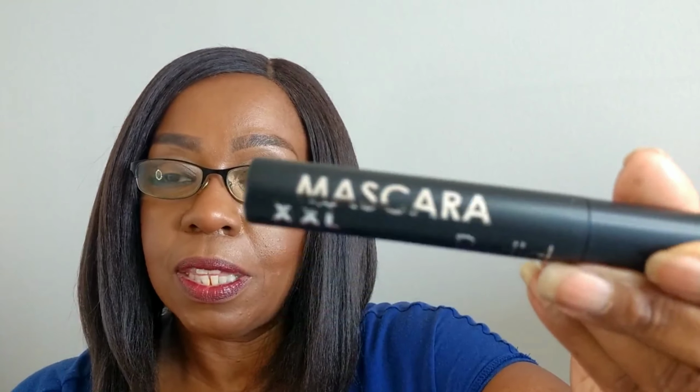Okay, now y'all already know I do not open mascaras until I'm ready to use them, but we'll just take a look at what the inside packaging looks like, and it is just like this. Okay, now if I can locate this mascara online, I will put a picture up of what the brush looks like. Okay, now the next item that we have is